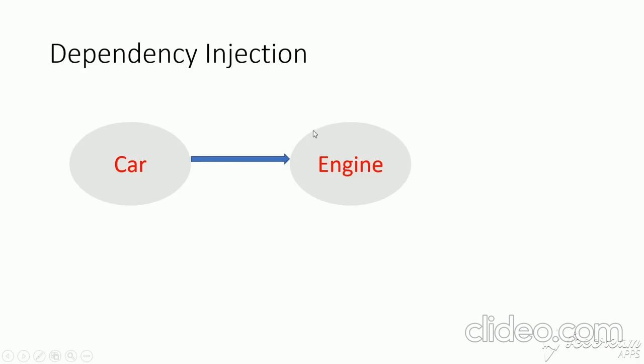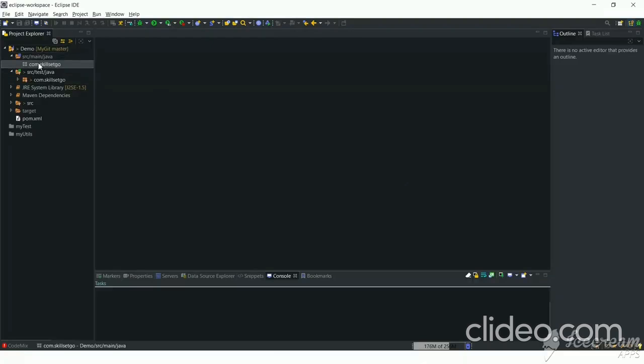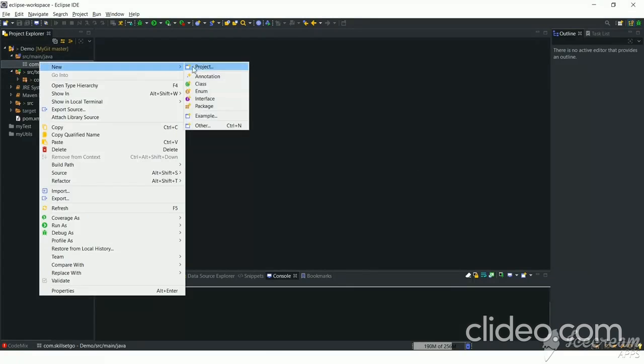So here the dependency injection comes into the picture. How will we create a dependent object? The way of creating an engine object. So let's see the typical way of creating a car object with an engine object without dependency injection. Let's create an engine class.